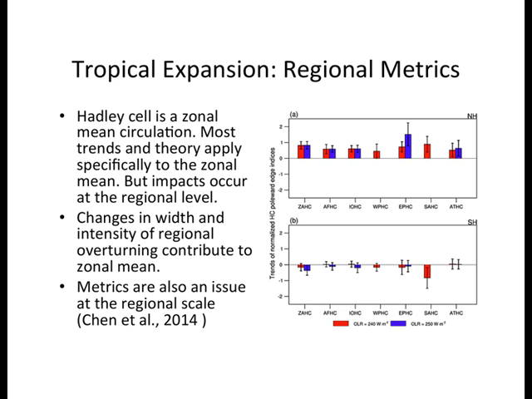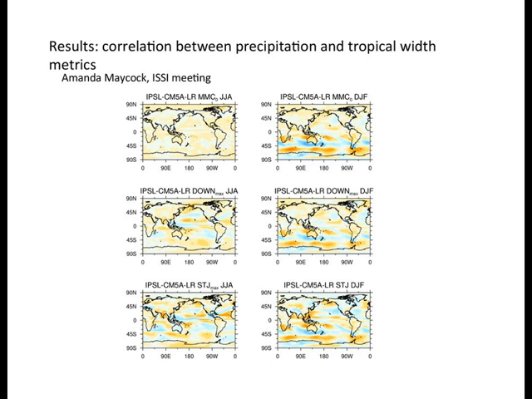Another tricky thing is when you're deciding how to measure regional change, you need to decide what kind of regional changes you're talking about when you say the tropics are widening. Because depending on the metric you choose for the widening as a whole, you're going to get a different contribution from the different regions. So